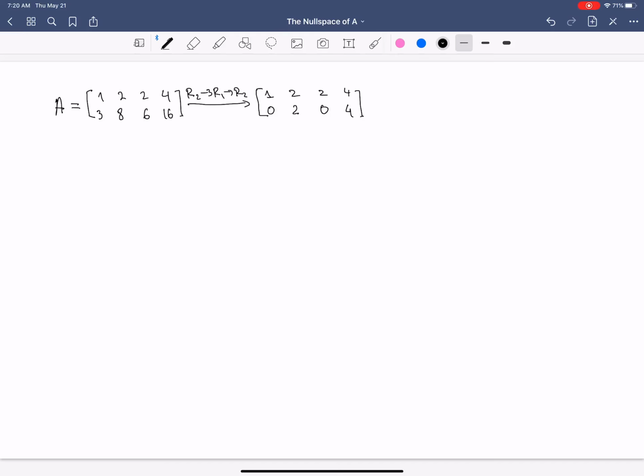Okay, so we got to our upper triangular form. So this would be our U. We have one pivot and another pivot. I know it doesn't really look like an upper triangular matrix, but in the case of rectangular matrices, it is called row echelon form